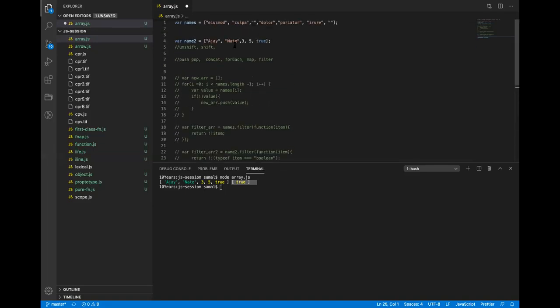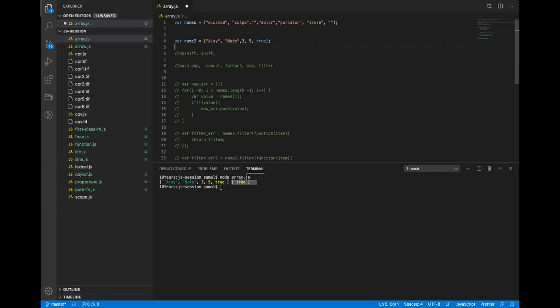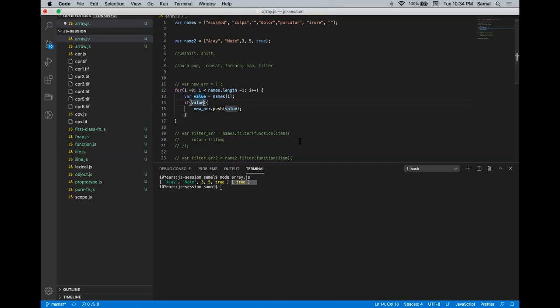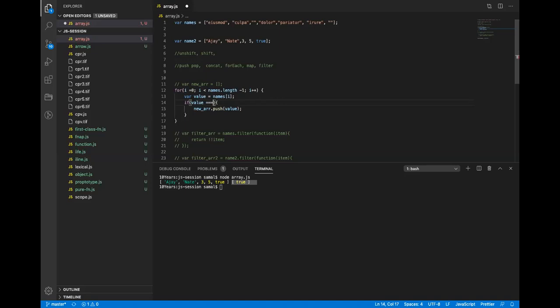All right. Let's say you want to find out the index of one of the values, right? Let's say in this array, you want to find out the index of Nate, at which index Nate is present, or possibly the scenario is to find out whether the value Nate is present in the array or not, right? So again, if you go with the traditional way with the for loop, you will create a for loop and then you will check value equals to Nate. If it is there, then you will say return.